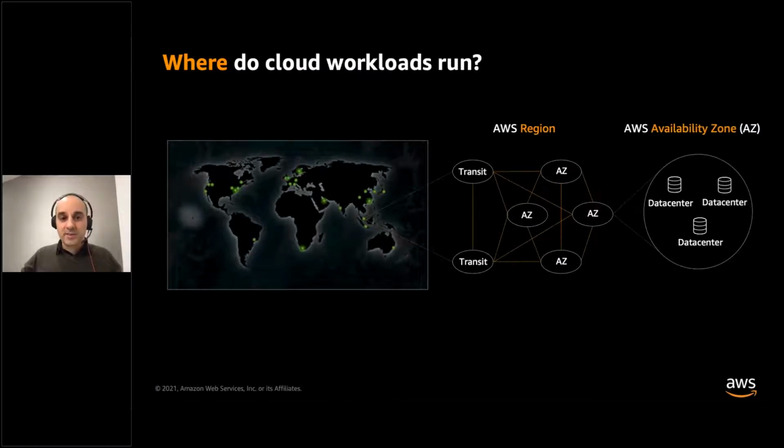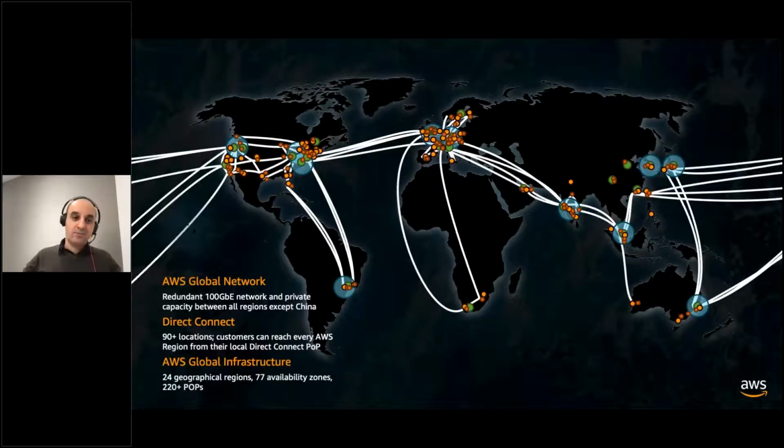Where are these regions, availability zones? Well, they are all across the globe. In the case of AWS, you have these locations interconnected with redundant private and public network, except for China. And you also have within these regions what we call Direct Connect locations, where you can, from your company, have a direct link to AWS without crossing the internet. That is faster, it's more secure,